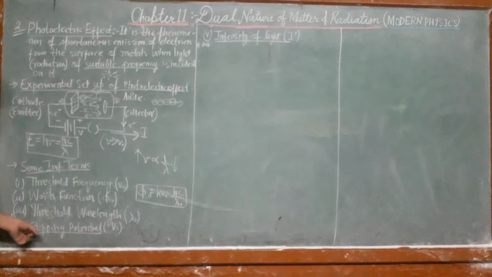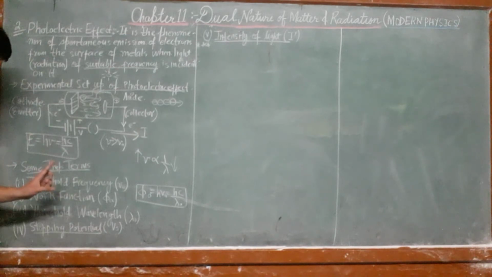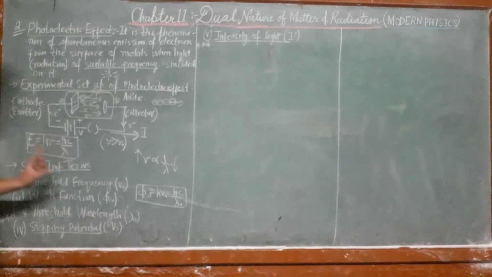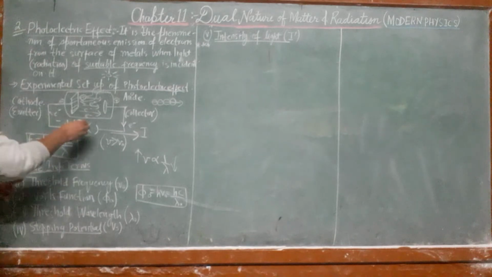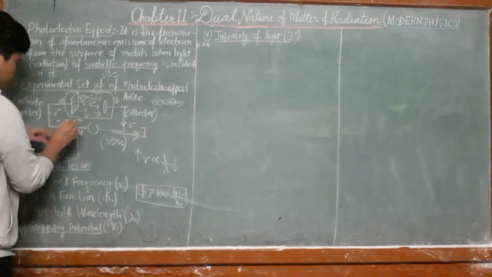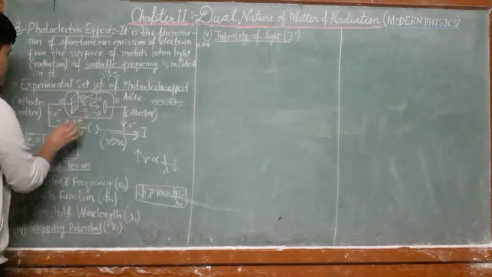Now the fourth one is your stopping potential. Start writing. Stopping potential is the minimum negative potential which is set up. Since stopping means to stop,